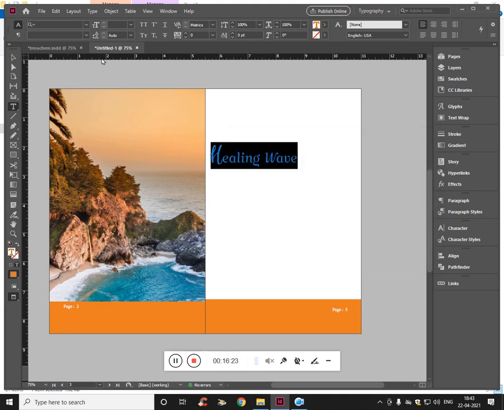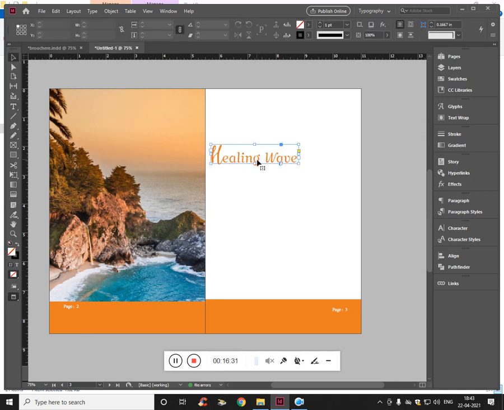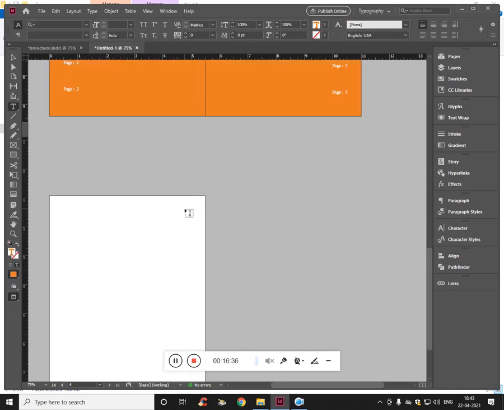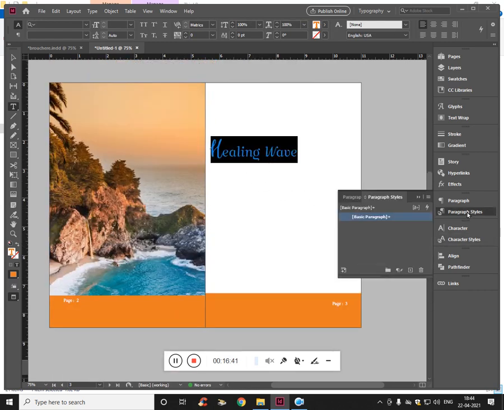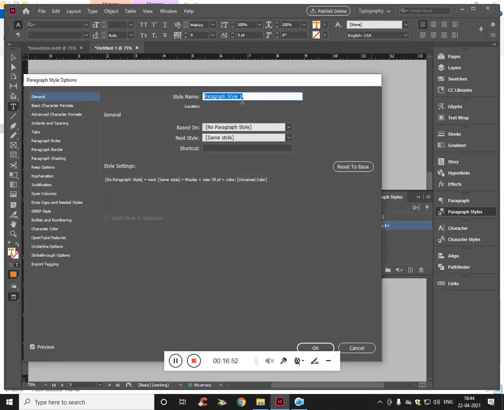Now this is done. Now what if we want this same design for the next page? For that, I'll just save this style. To save this style, get into the paragraph style, and on the paragraph style we are going to add this, and we are going to save it as heading, main heading, UI Monk basic, design basic. Click on OK, and now it is saved. We don't have to worry about it.